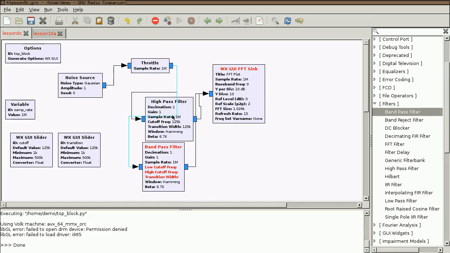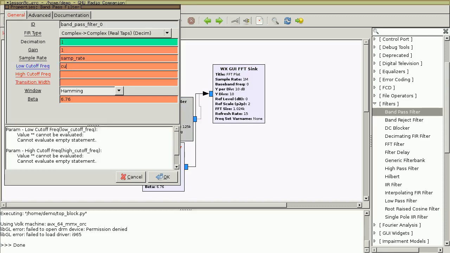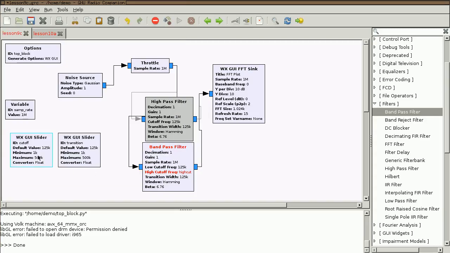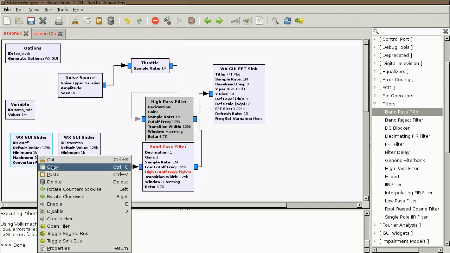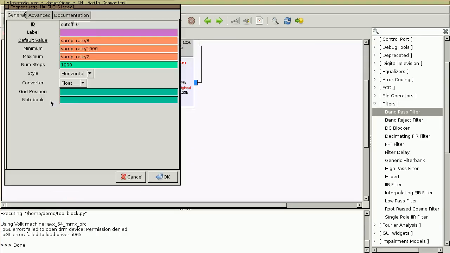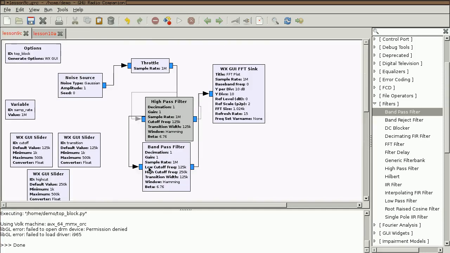I'll just disable my high pass filter for now. I can set this to cutoff and transition, but now I have this separate parameter, cutoff. I'll call it high cut, but I don't have that slider yet, so I'll create a new slider, copy and paste. My new slider will be called high cut,